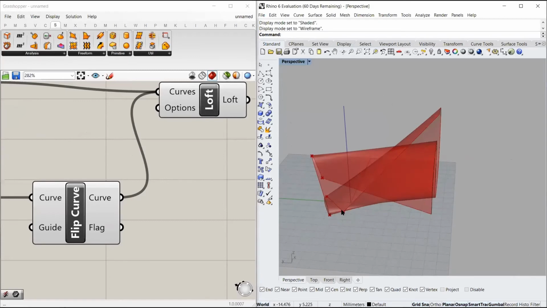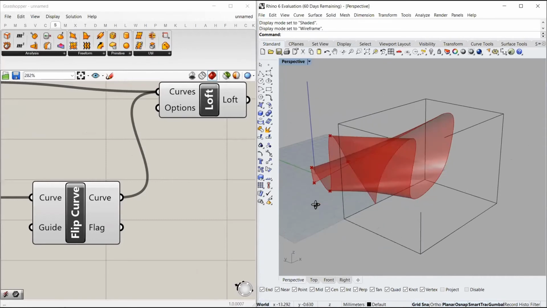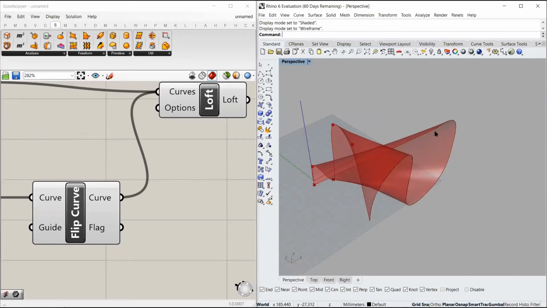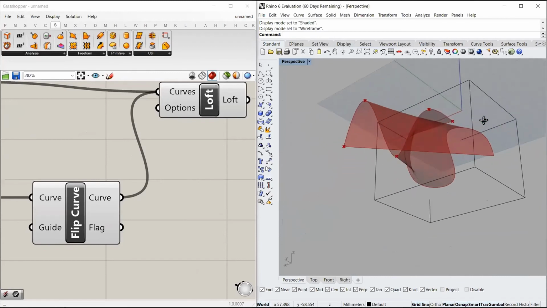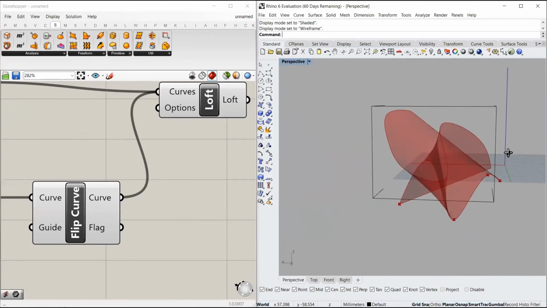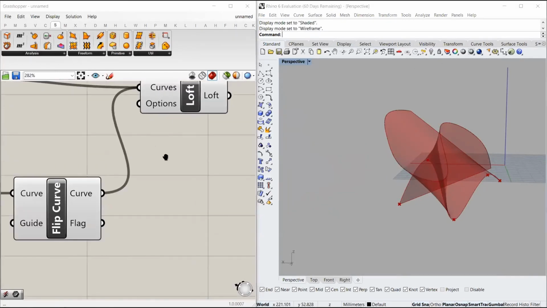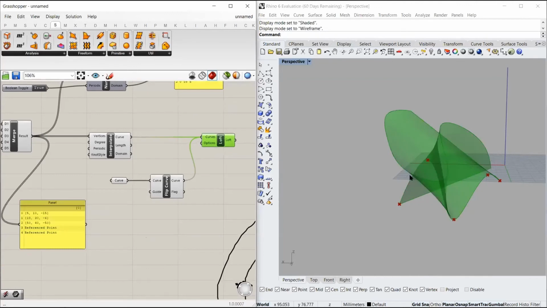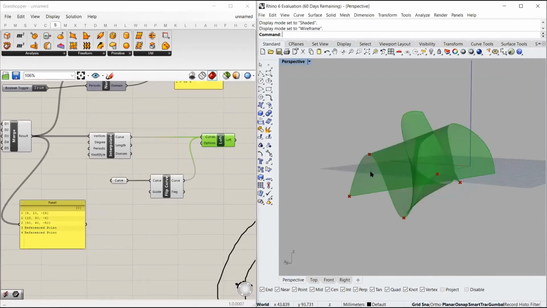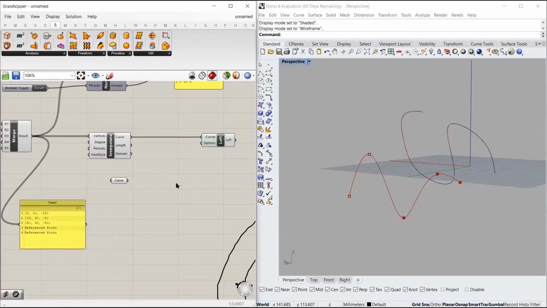And this is because it lofted. The first point of the first curve was over here, and the first point of the inverted curve was over here. So it lofted from here to here, and it continued lofting till the end point from here to here. And this is what we get, and this is something we should avoid, because this geometry is something which will give an error and cannot be actually fabricated or is useless basically. So we have to remove this and we have to add this again.